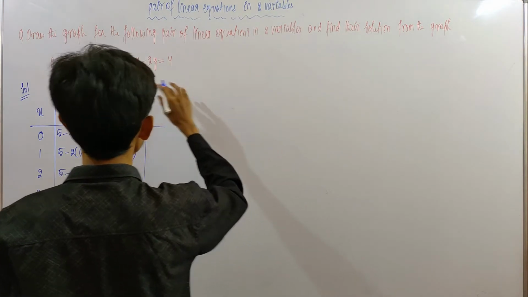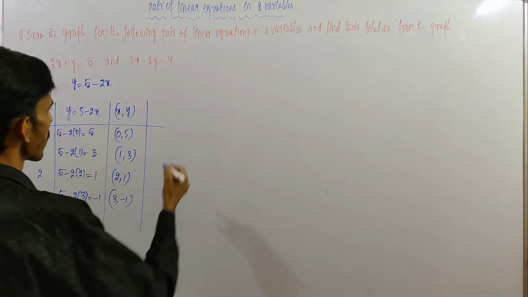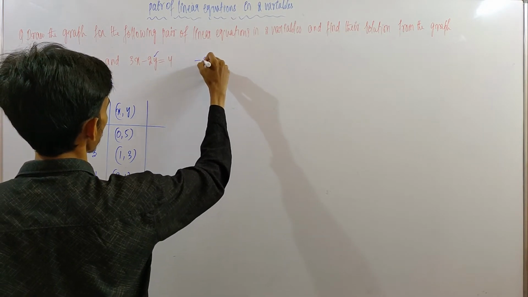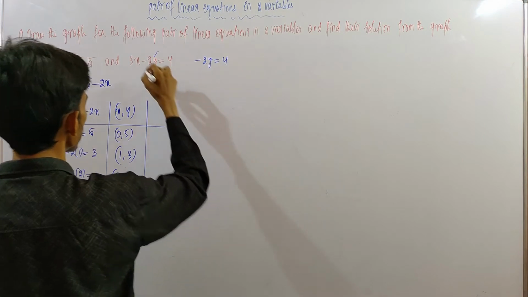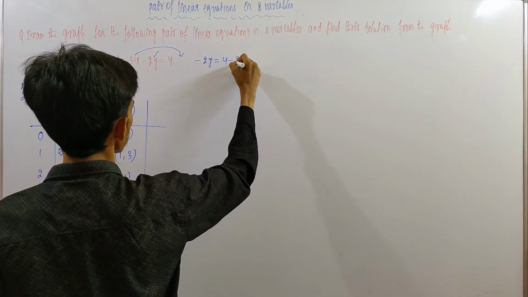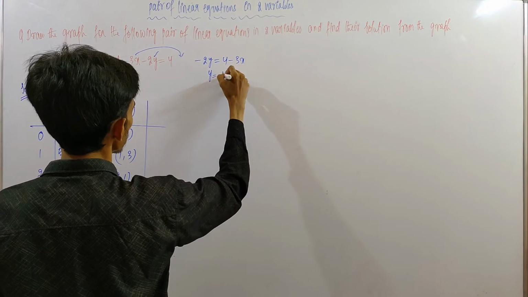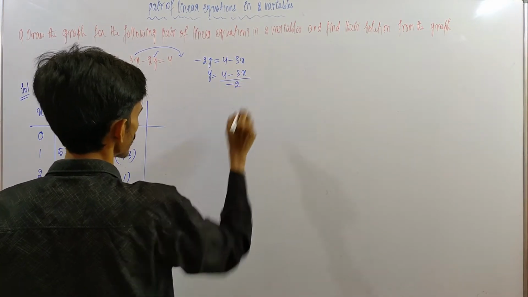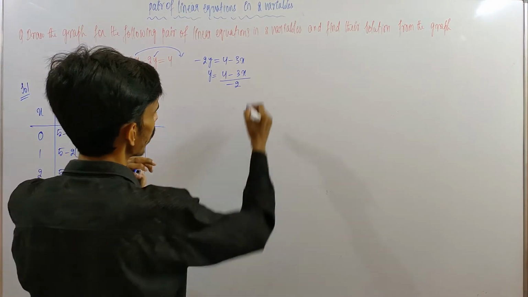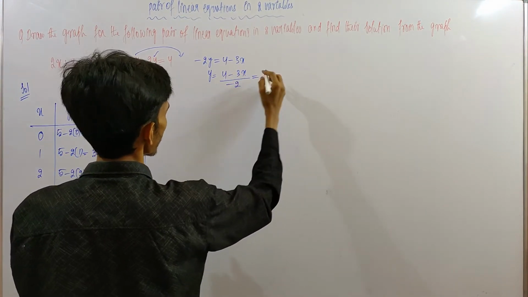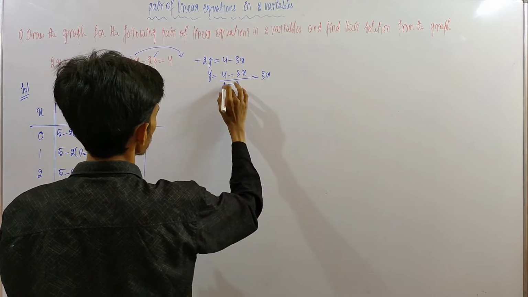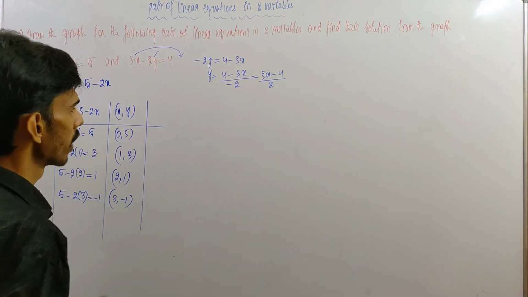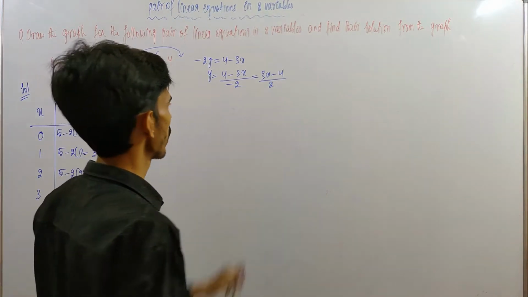Now for the second equation we have 3x minus 2y equal to 4. From this, get the value of y. We have minus 2y is equal to 4, send this 3x here, we have minus 3x. Now y is equal to 4 minus 3x divided by, send this minus 2 here, we have minus 2. Multiply this minus sign to the numerator, then we have minus into minus, plus 3x, minus into plus we have minus 4, divided by 2. Just change the sign of the numerator. We have the y value as 3x minus 4 by 2.